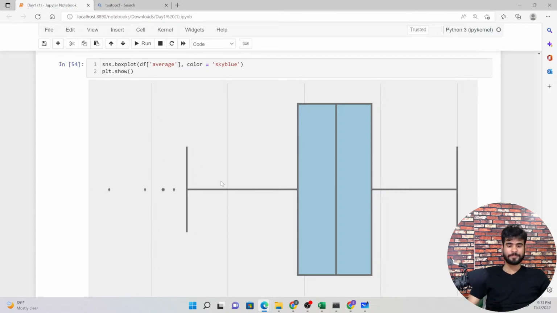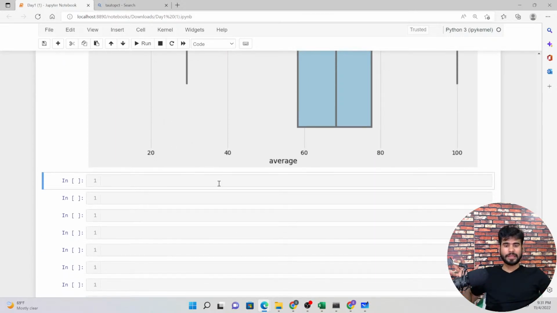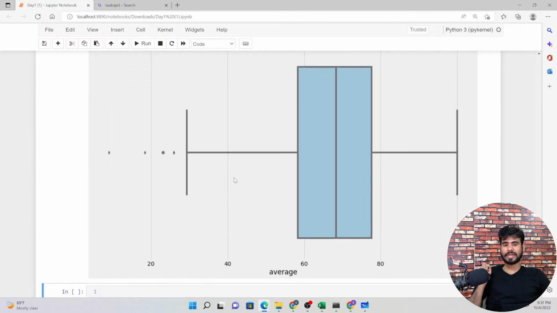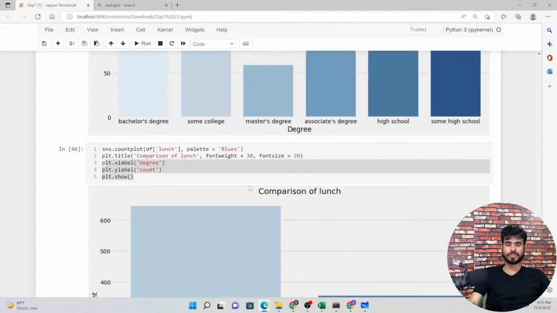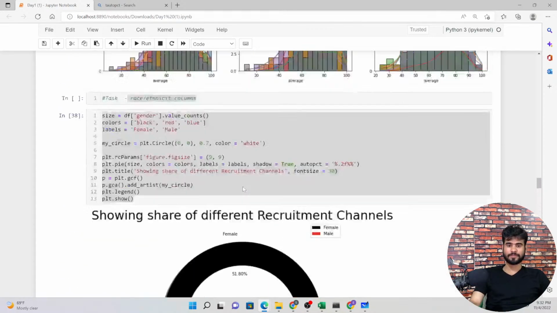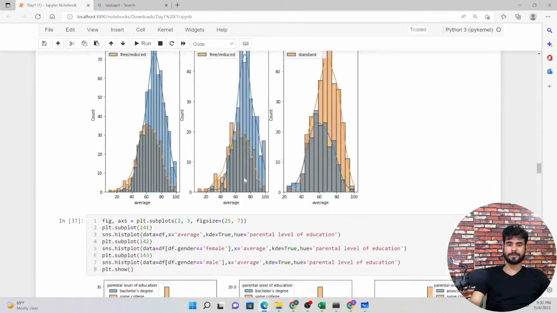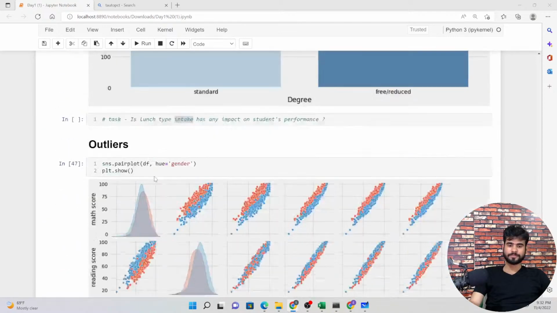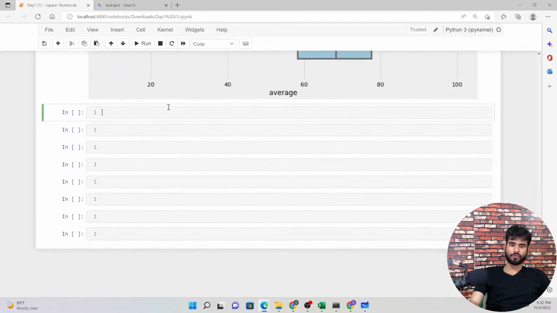If you want to plot multiple subplots or sub box plots, what you can do is define the box plot like this one. Let me copy and paste the same code.